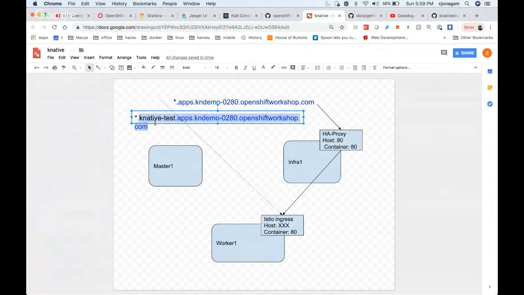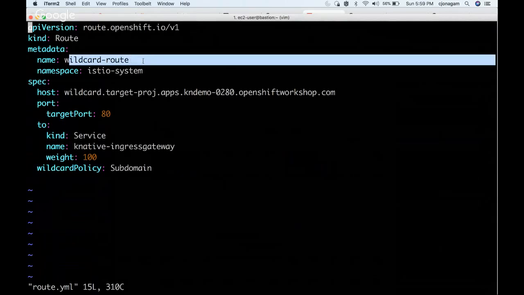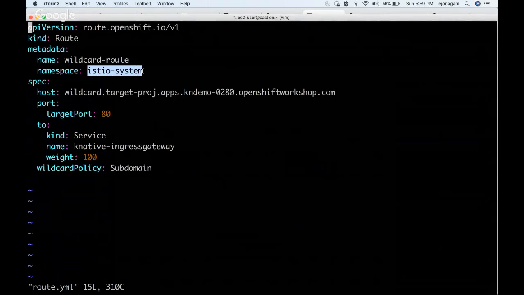Okay, so let me show you how I've done it. I'm creating a route, and the route name, you can put anything here, but this is sitting inside Istio system namespace, and you need to put it. It won't accept star as the wildcard, so you need to use this word called wildcard. So it's a keyword. Whenever you put wildcard as a keyword, it understands that it is a wildcard, like a star, and then whatever traffic that you get will be sent to the